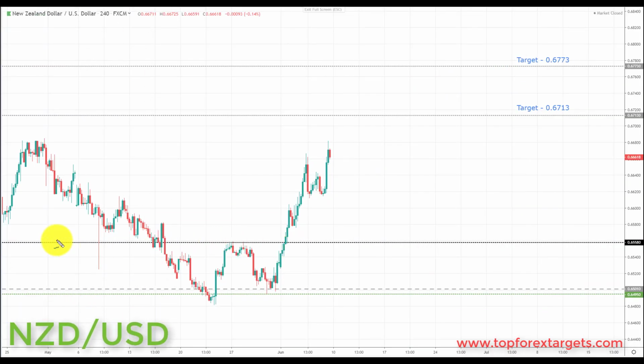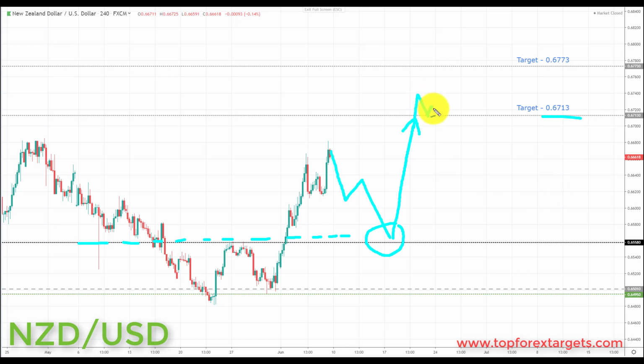Now we start the week above a key area of broken resistance from the past, looking to turn support at the 0.65580. If we can get a pullback and preferably if we can get a retest of broken resistance turning support at the 0.65580, this is going to be the best place going into next week to start to look for bullish formations and patterns. And we're going to be looking at initiating longs and treating any pullback in this area as an opportunity to go long in the New Zealand dollar up towards the next key of resistance to the upside of the target set, the